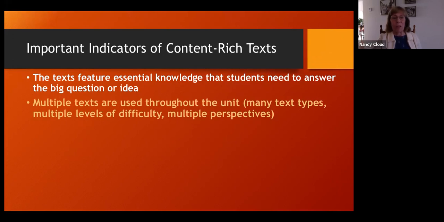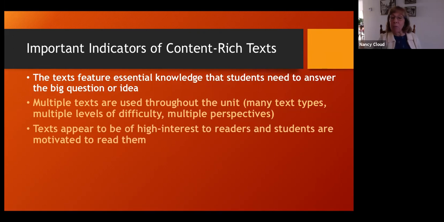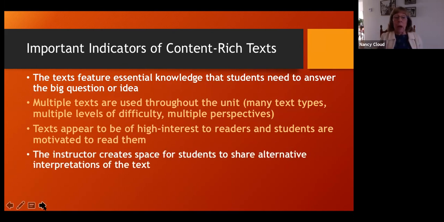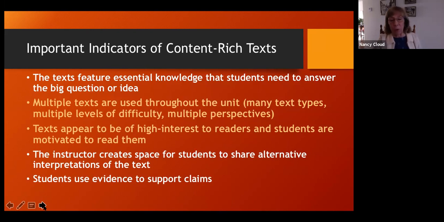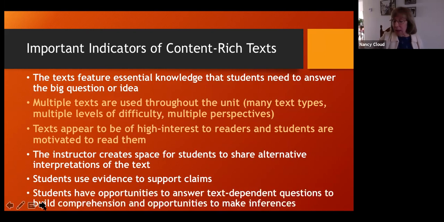That's why I made this kind of a yellow text to highlight it heavily. And they also need to be of high interest to readers so that we can easily engage our readers. They're motivated to read them. This sometimes is a problem for us. We want to make sure that students can share alternative interpretations and that they are using evidence to support claims. That should sound like something you're asked to do all the time, and that they have opportunities to answer text-dependent